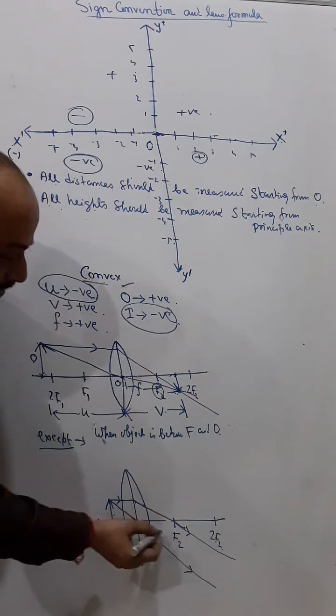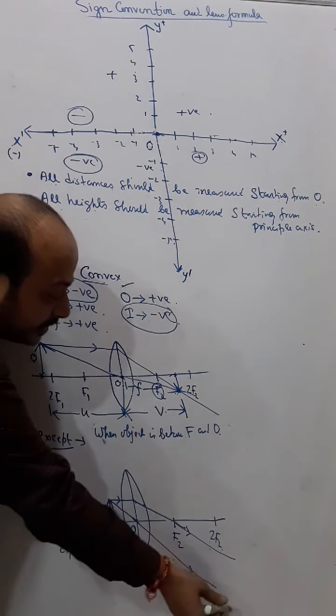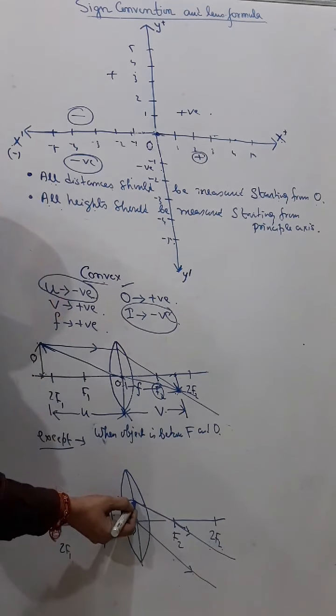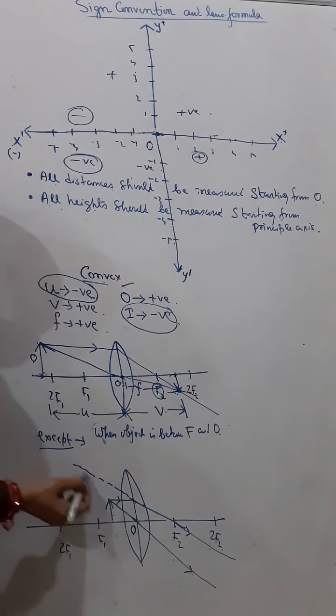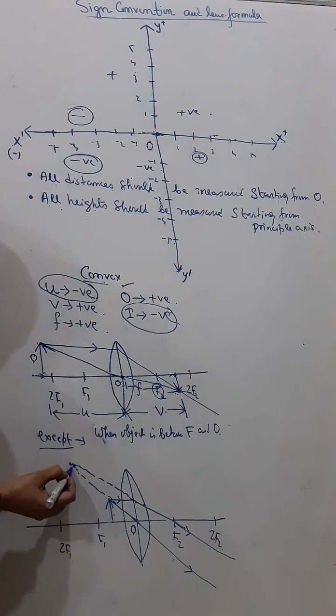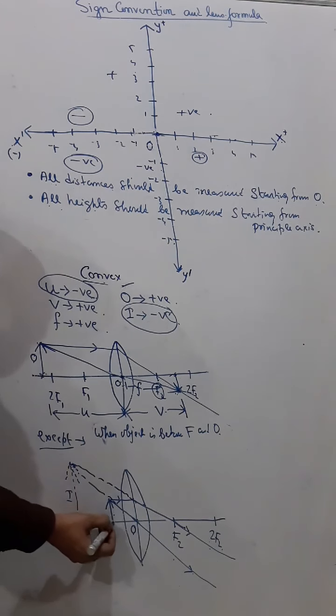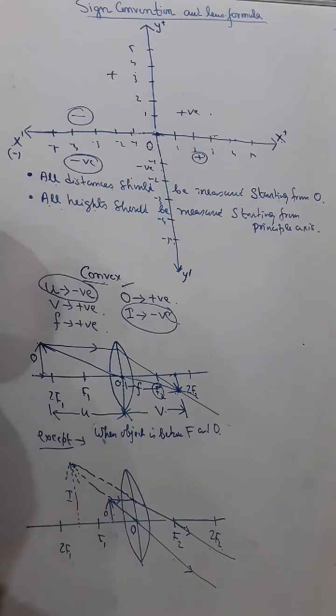Now you can see that these two rays of light will not meet there because they are in fact diverging. So we will extend this and this, and we get the image at this position. Okay, so the virtual image, so it should be dotted, you know. So this is the virtual image. So I can say now this is the height of the image, this is the height of the object.